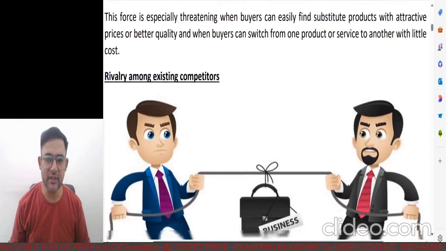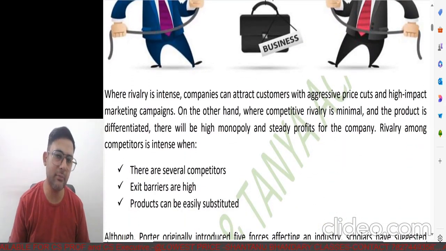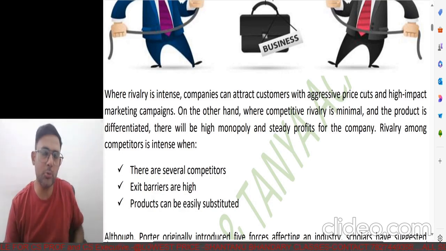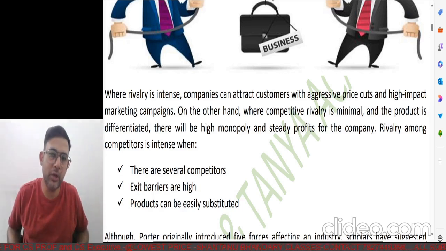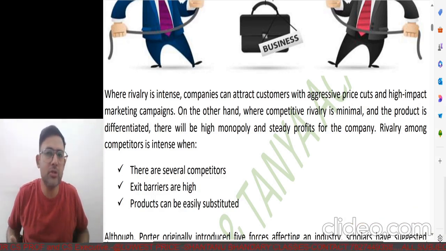Rivalry among the existing competitors. See, gone are those days, as I think I mentioned previously as well, where the rivalry actually happens openly. The rivalry for sure is there. I'm sure in the big companies' boardrooms, you'll find all the data on the competitor: what they've been doing, how they've been doing it, what kind of profit they've been making, and various other things. They would probably know almost everything about the other company and vice versa.